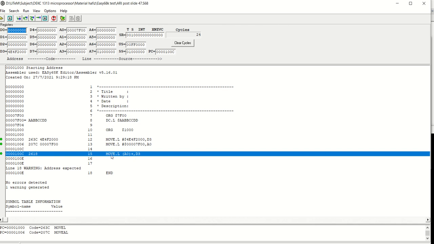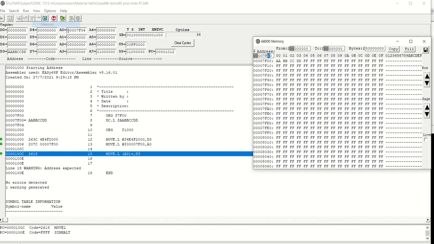You have to expect that the value of D3 will change according to the value of the memory from 7F00 to 7F04, because it is move.long. So move.long has to take 4 bytes. So try to execute.